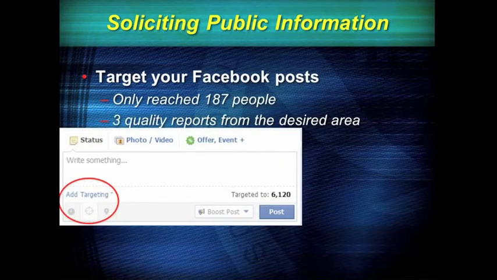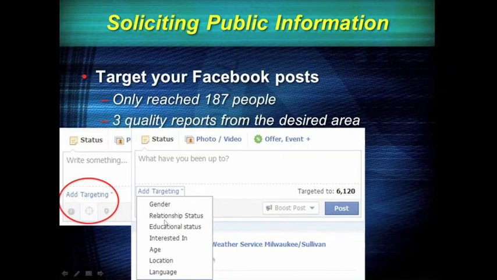I'm not sure how many people use targeting or know how to use it, so I'm just going to go through using that real quick. That's particularly helpful in severe weather because storms are isolated, but it can also be useful in winter weather. If you just act like you're going to post something normal on Facebook and click in the section that says write something, you'll see in the middle here a little target sign. If you click the target sign, you'll see add targeting. And then you're able to select different ways to target your audience, and I'm pretty sure we'll just choose location.